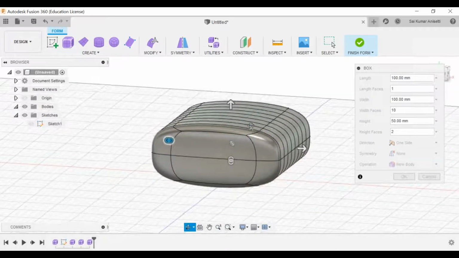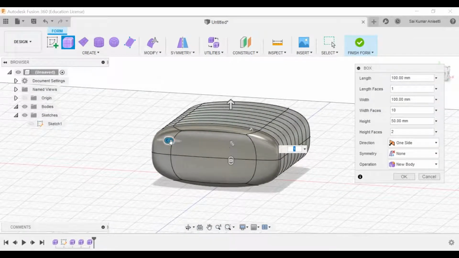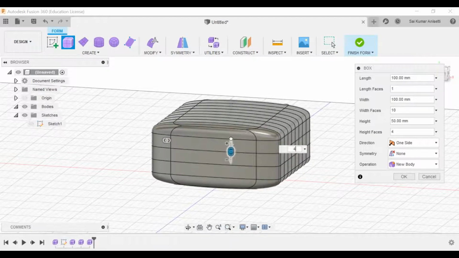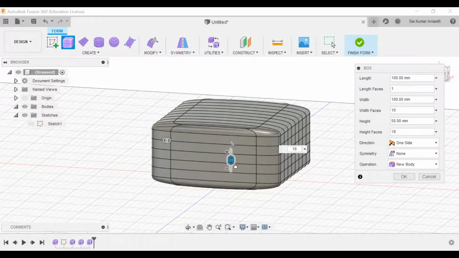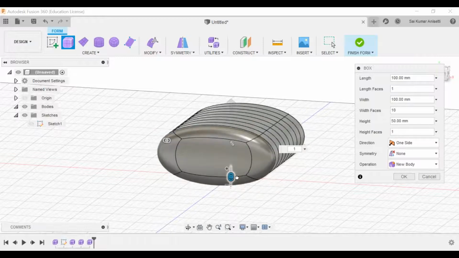Let us see in this environment, and let me decrease the number of faces. And in height also you can change the number of faces. If I increase, it almost becomes a solid block. That means sharp edges will be achieved. If I decrease the number of faces, it becomes as smooth as possible.